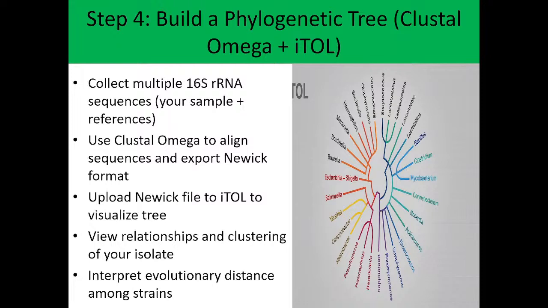So the next thing is to go to Clustal Omega, and what you will do is to align the sequences. Alignment of sequences will tell you how closely related they are. So you align the sequences, and after that, the next thing you do is to export it. You export it in the Newick format, and then the next thing is to upload the file